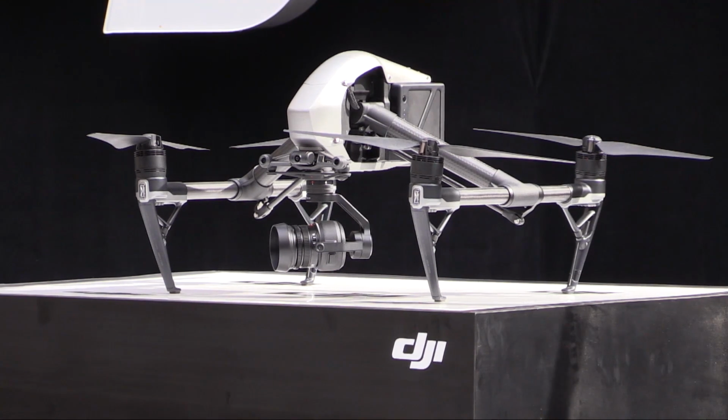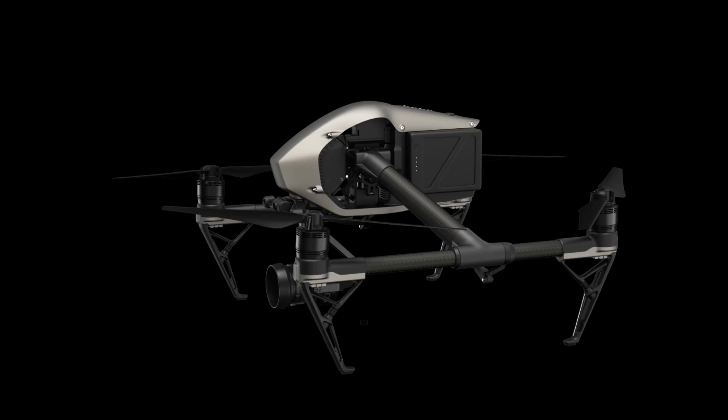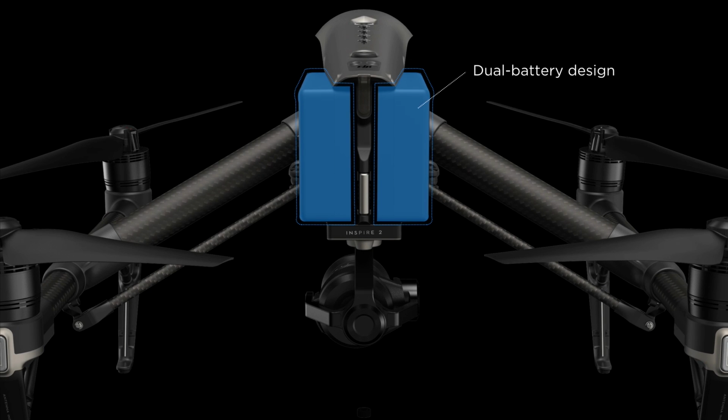We've also redesigned the carbon fiber, further increasing weight savings, making the entire system more agile and more responsive. With the Inspire 2, we are launching a new dual battery design. This offers improved safety, reliability, with power redundancy. We've boosted the flight time to 27 minutes. This dual battery design also allows for hot swapping on set,